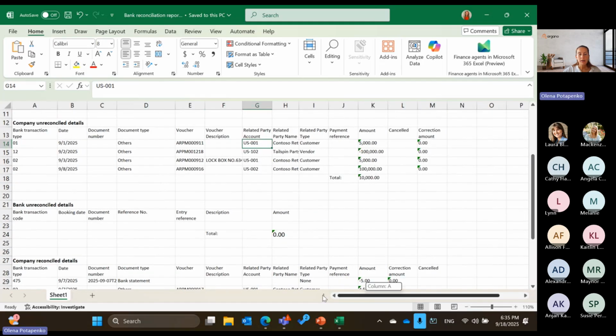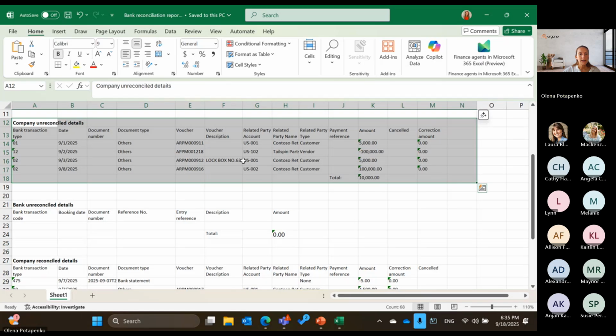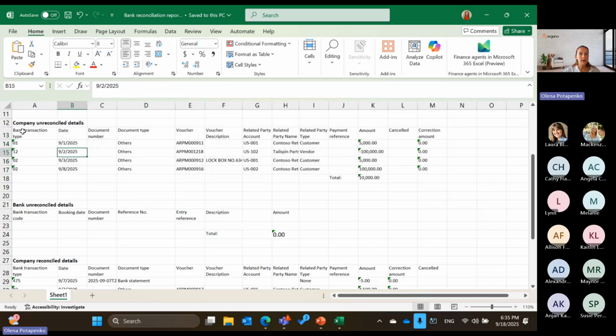So this is a report in Excel format, and in this block you have details for company unreconciled transactions. So that's basically our DSR65 transactions,